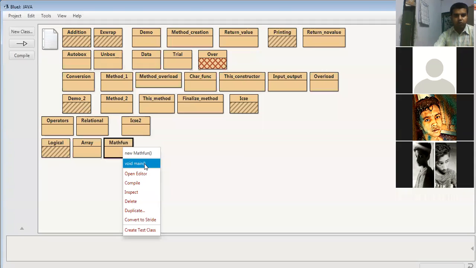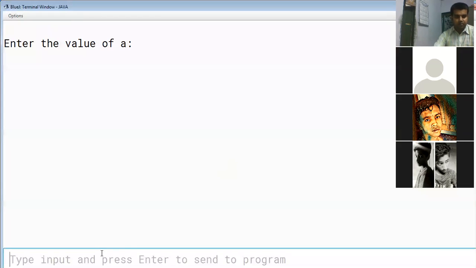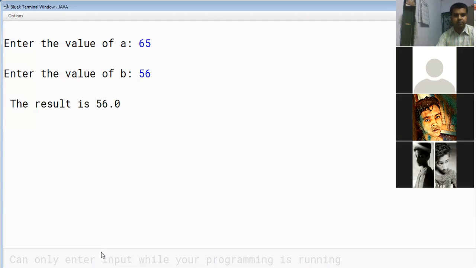Now if we run the program, we need to enter the value of a, so we will take an integer value just to check whether it is running or not, 65, and then 56. The output is a double data type, because 56 is an integer value, so I am getting the output 56.0.